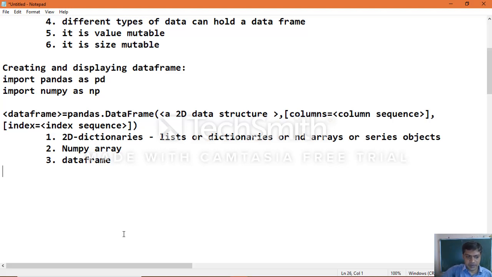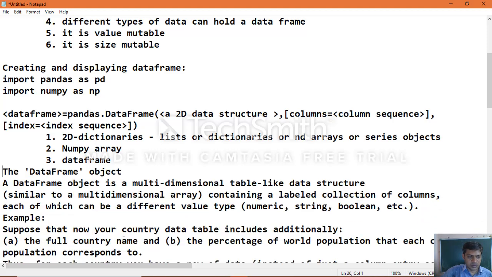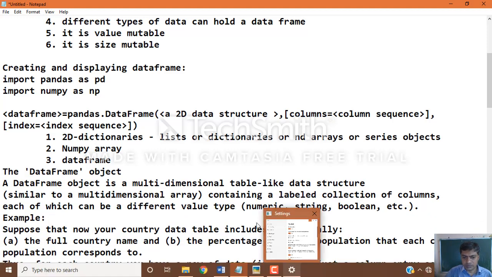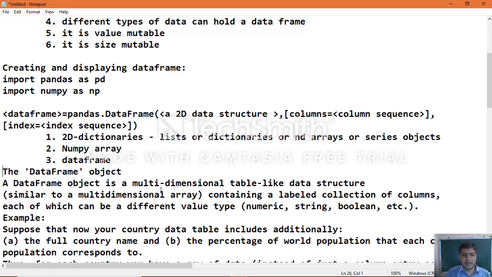Then we'll move on to how we can make use of this. Let's take an example. The data frame object is a multi-dimensional table-like data structure, similar to a multi-dimensional array, containing a labeled collection of columns, each of which can be a different value type, that is numeric, string, boolean, etc. That is what we learned, which is like a spreadsheet, Excel sheet, MS Excel.